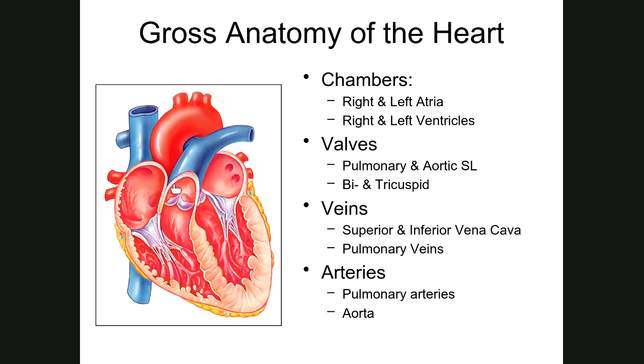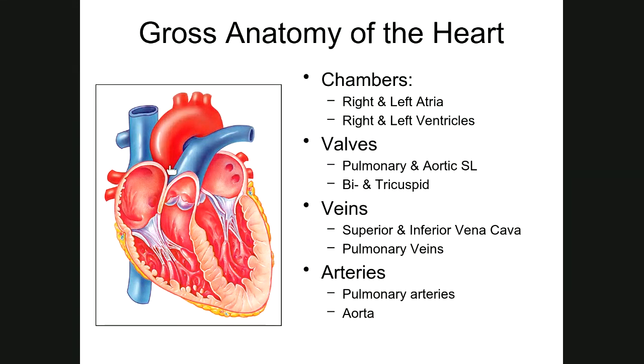The role of this particular valve is to ensure that when the ventricle contracts and it pushes blood up into this vessel and that blood starts to move towards the lungs, that blood doesn't backflow and actually go back into the right ventricle. The aortic semilunar is on the left side of the heart, so it sits between the left